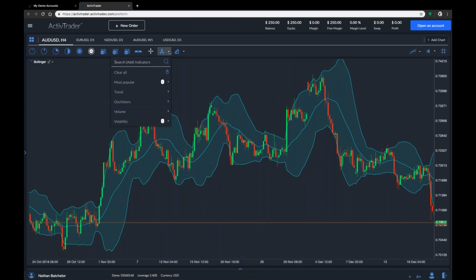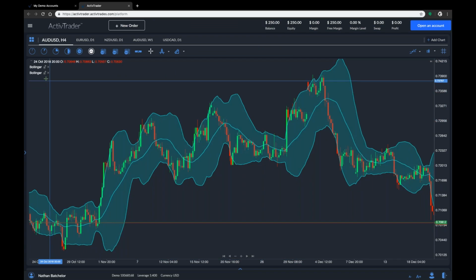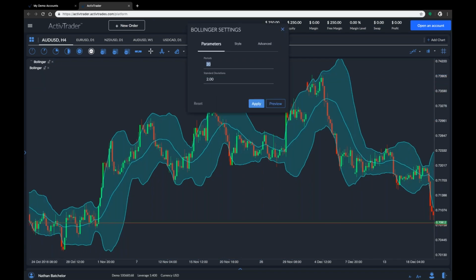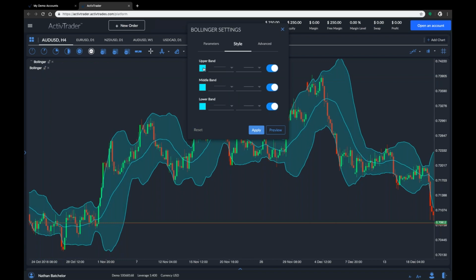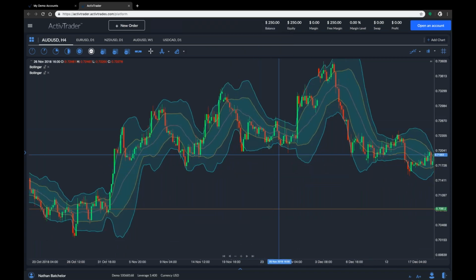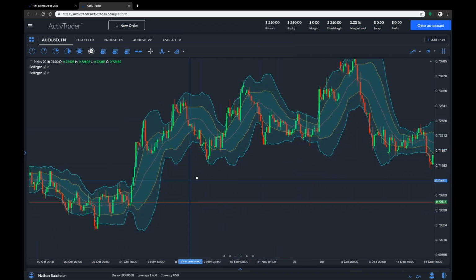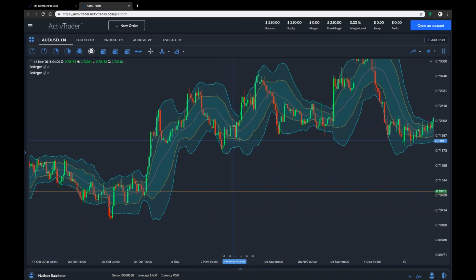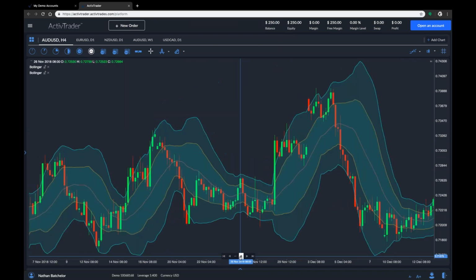You can also add a second Bollinger Band, with the same period, maybe tighten up those. And here we can change the colors so you can define it a bit easier. So yeah, you can see that if you use, say, 2 in conjunction with each other, you get these little